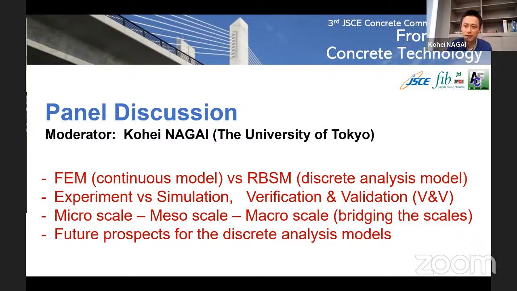Somehow, there is discrete treatment and average treatment in the model. Most of us are sometimes confused, because some people say that if we make a finer mesh using the discrete analysis model, everything can be reproduced or simulated as it is. But we set some constitutive model at the interface between the rigid bodies, so this is a kind of average model between the small elements.